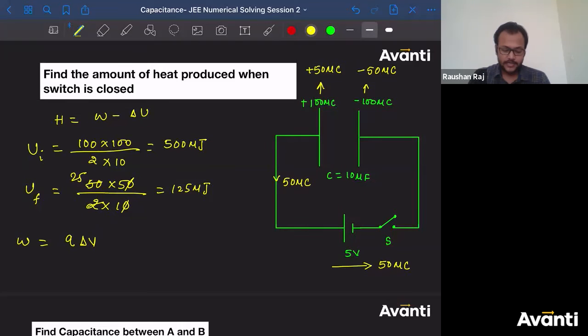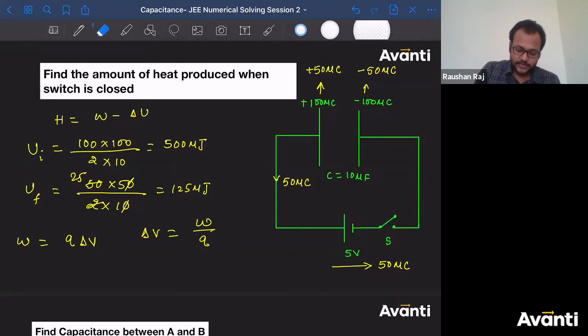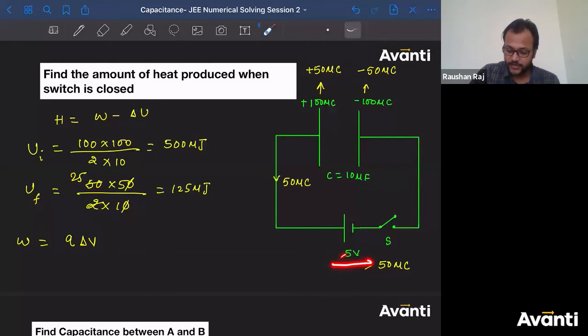This is also work done, because delta V is nothing but work done divided by Q, work done per unit charge. So I'll say work done by the battery will be equal to the charge that will be flowing across it times the potential difference. So tell me, when the charge moves from this point to this point, what is the potential difference? This is tricky, a little catchy here. Students used to commit mistakes here a lot, and I'm damn sure a lot of you will commit a mistake about this.